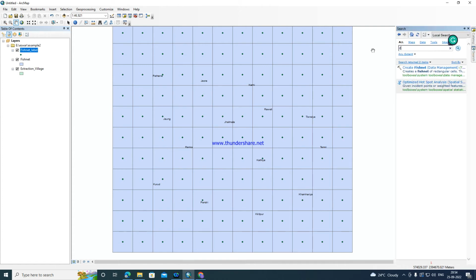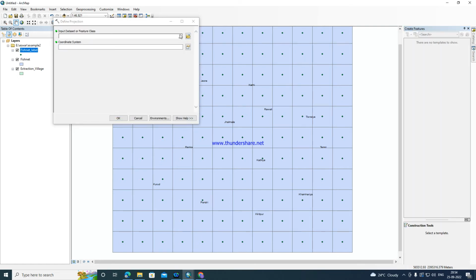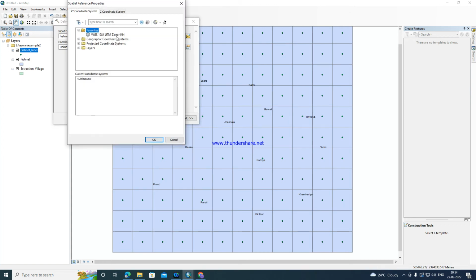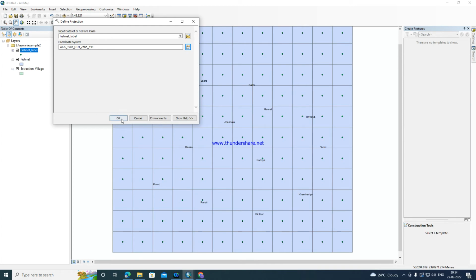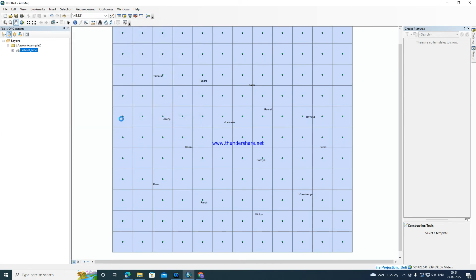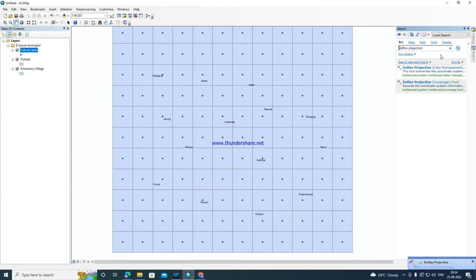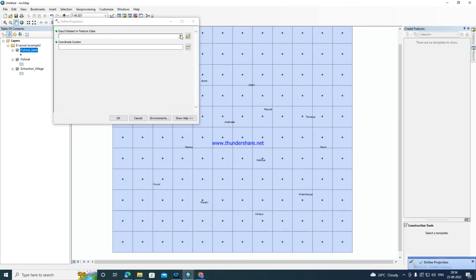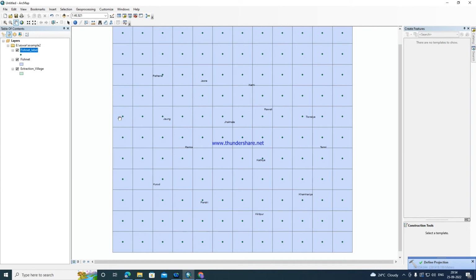Type this here: define projection. Fishnet label. Okay. After defining the projection,